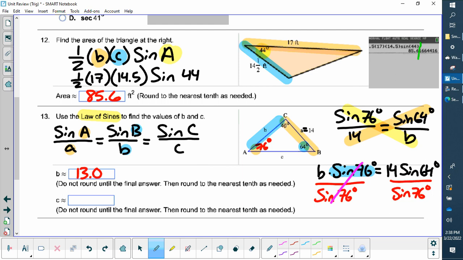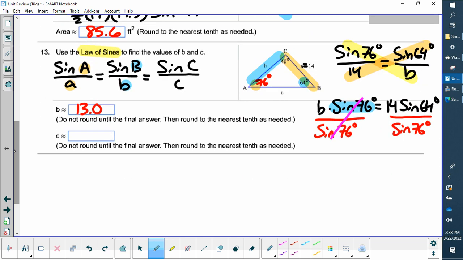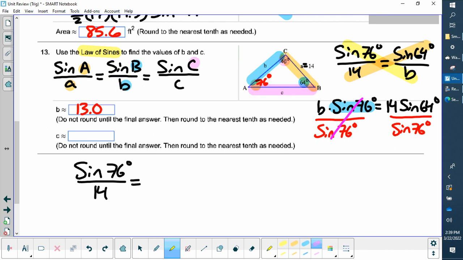Okay, next one. I'll do the same math on this one. So now, again, I'll do my math down here. I'm going to stick with the big A's. So sine of 76 over 14 equals. Now it's like I'm ignoring the middle stuff, and I'm going to the C's. So I will highlight C's in purple here. Here's big C, and I'm looking for little c, and that will go here and here. So I get the sine of big C is 40 degrees,